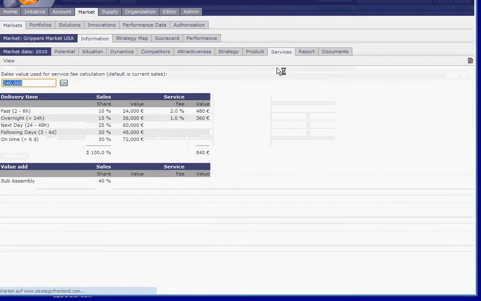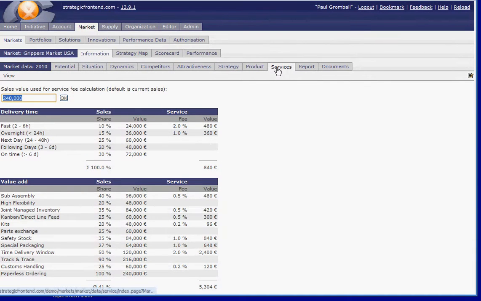So we click on services, and what we have defined as default are supply chain services.